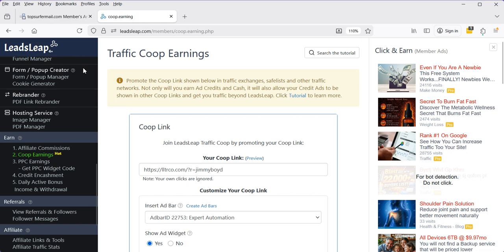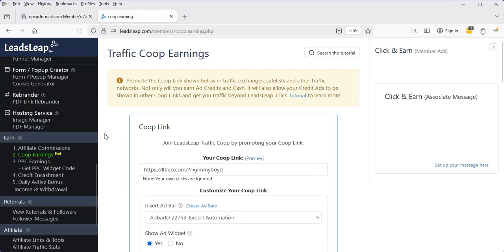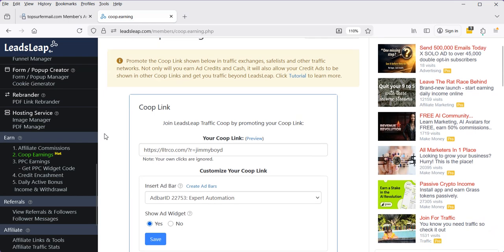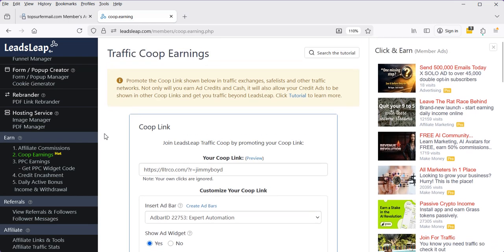Once you sign up, in the menu here, you're going to click on Co-op Earnings. This will get you to Traffic Co-op Earnings. It doesn't matter whether you've earned any yet or not. But the important point is on the Co-op Earnings page, you have your Co-op link, which is right here. I'm just highlighting it right here. But yours will have your username instead of mine. That's the difference. So you're going to need this